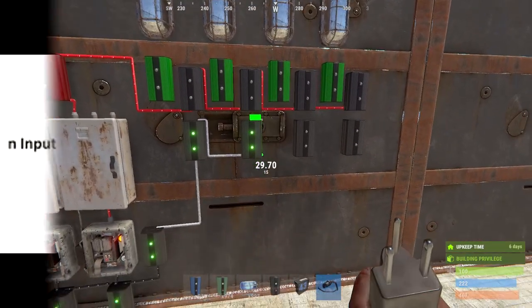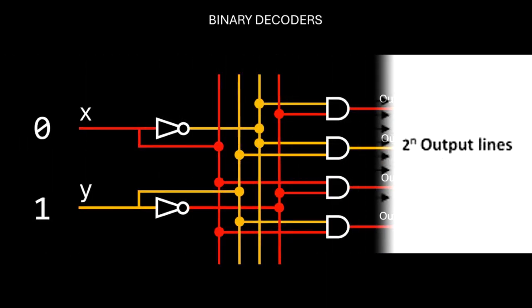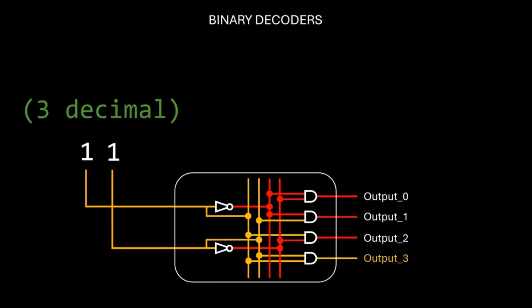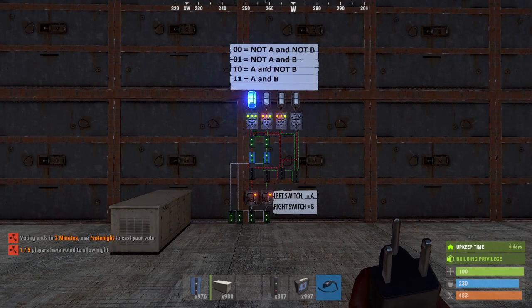I'll start by explaining what a decoder is and how it behaves, and then we'll move on to the wiring tutorial. If you already know what a decoder is and you don't need an explanation, then you can skip ahead